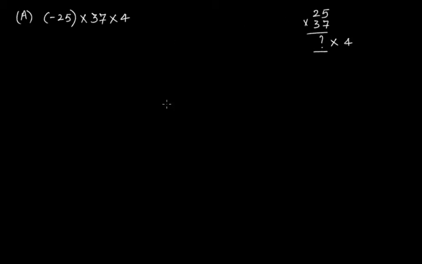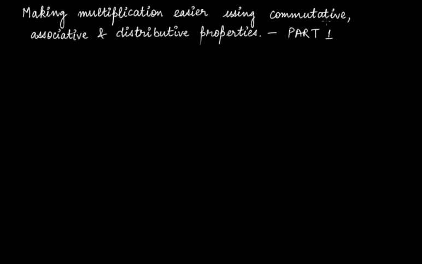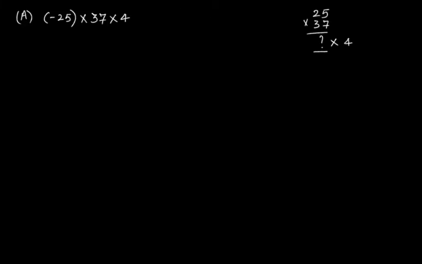Is there any easier process that we can do by using these three properties, either all of them or any one of them? That can be really very helpful. And of course, you should remember the commutative property and the associative property. If you don't know these properties, then we have separate video lectures on them. So the basic requirement to understand this video is that you should have a proper understanding of the